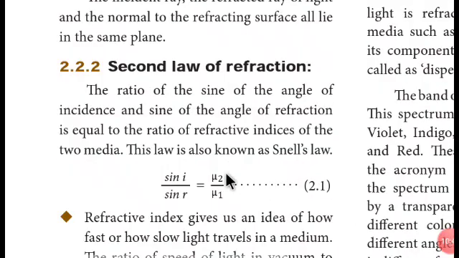Okay, refractive index over. We'll go to the law first of all. The ratio of the sine of the angle. I'll be drawing a diagram, and you will understand it later. The sine of the angle of incidence, say i, and the sine of the angle of refraction, r, they took the ratio, so sine i divided by sine r is equal to the ratio of refractive indices of the two media.